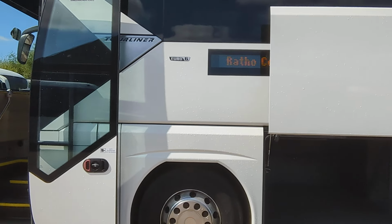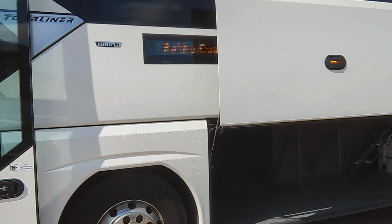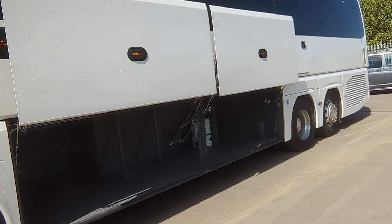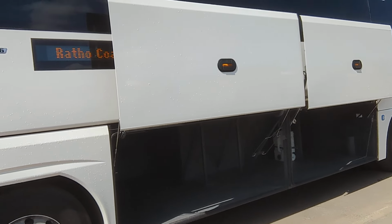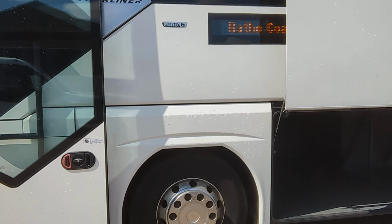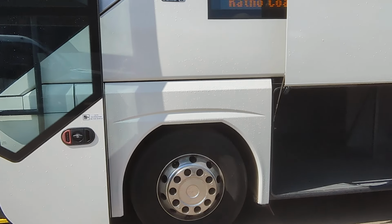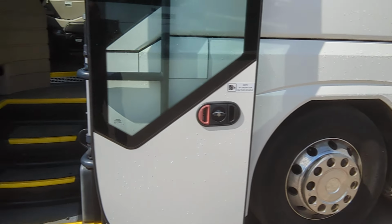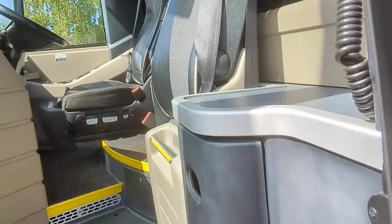LED destination displays to front, side and rear. Again, they've been thought through. If you're putting a door in, you're replacing the stretch panel. If you're replacing the stretch panel, you might as well cut a hole in it for the destination rather than just dump it in the window where it's blocking a passenger's eye line. Great, great job, Moby People. Anyway, as we jump on board,